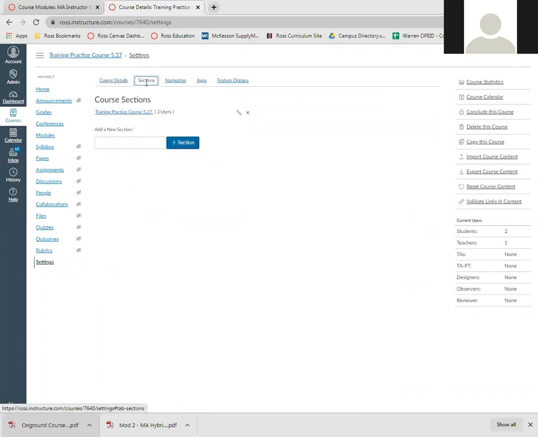In sections, we are going to create our student sections. So the first one we're going to notice is the training practice course. Now this is our default section. The default section is made by Canvas when the course is created, and we're not using this. This is just our default. So everybody who ends up being invited to the course gets set in the default section. It's up to us